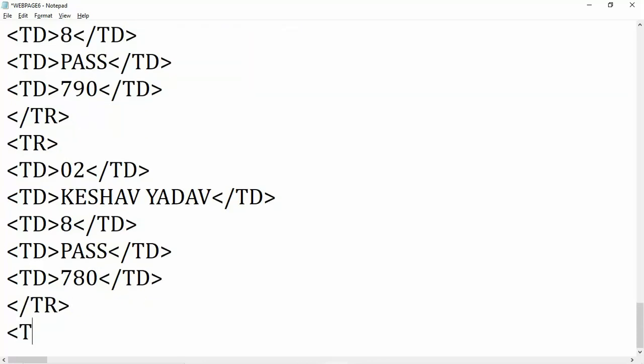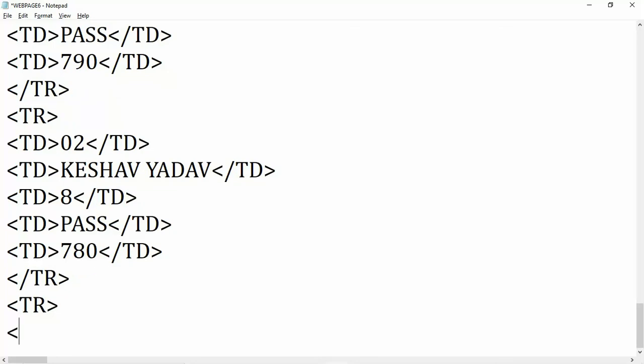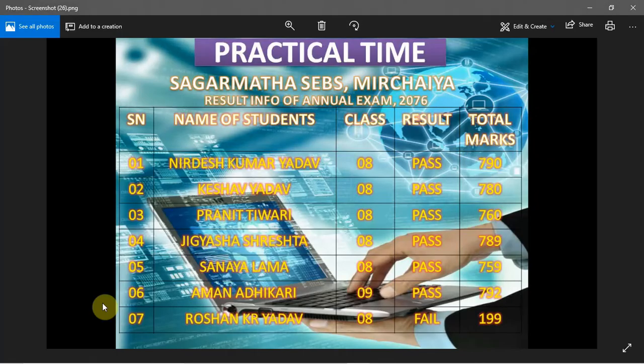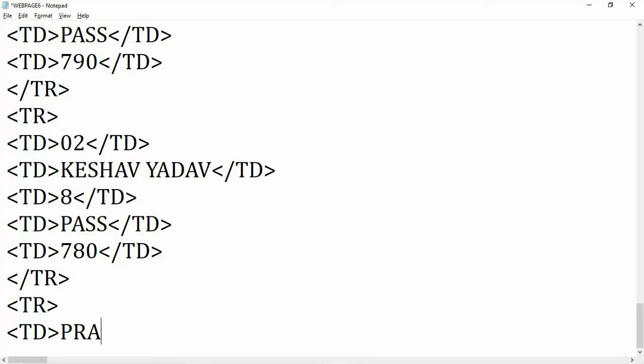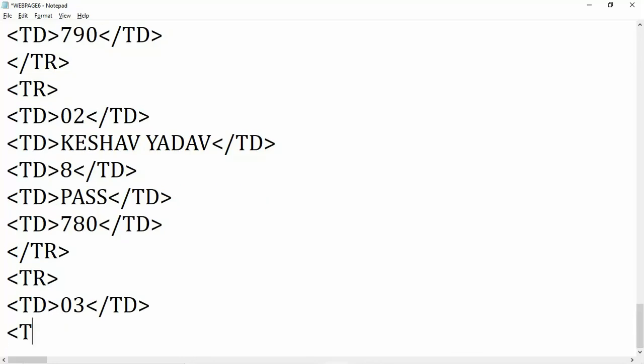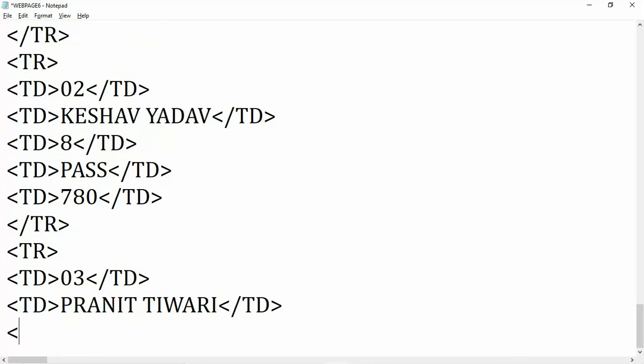Same process you have to repeat. Again use the TR tag, and again the TD tag for another student like Prani. Sorry, next serial number 3 we have to give. Now you have to give the TD tag, close the TD tag. Now next again the TD tag, Prani Tiwari. Now close the TD tag. So this way now class 8 we have to write.